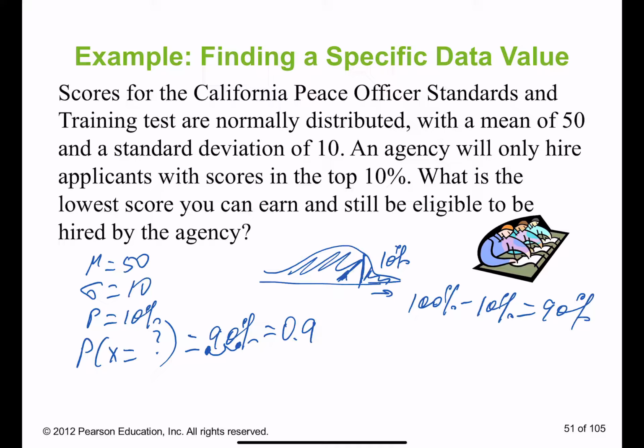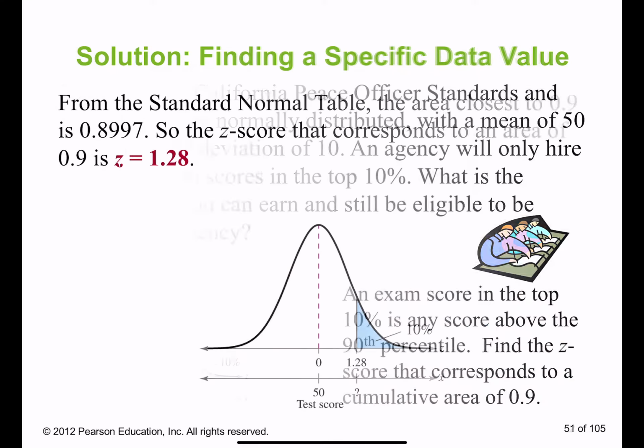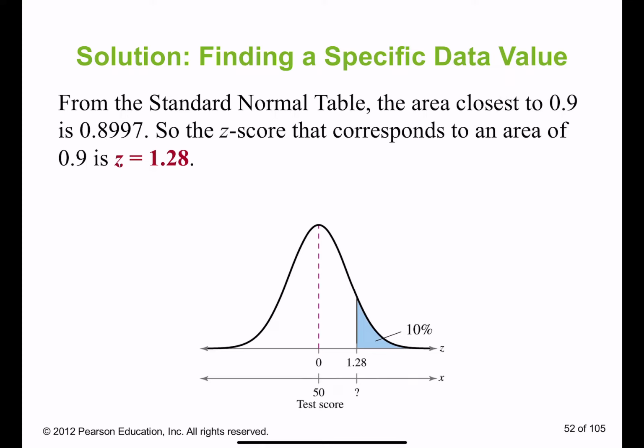So what do we have to do? Obviously, we need to find the x, which means from the table we look for 0.9 area, where we are going to look for 90%, of course, in the positive z-score. Once you get your z-score, through the formula you will find your x. Let me see if it's on the second part. Yeah, it's here. So this is your 90%, and it's matching z-score equal